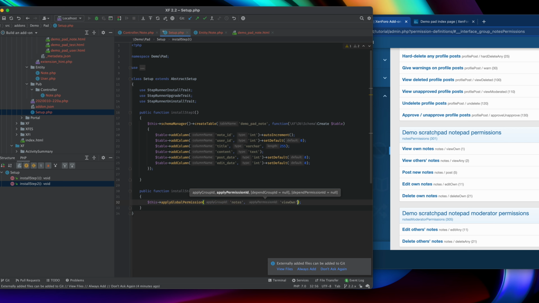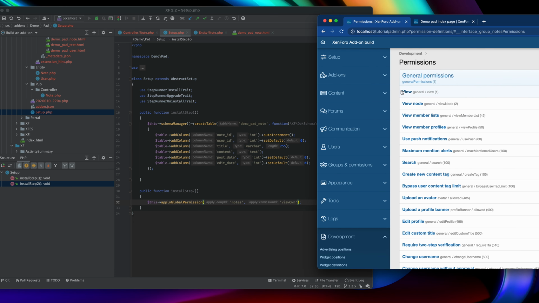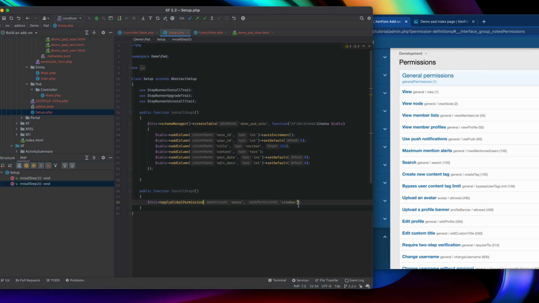And then let's have it depend upon the user group that we're targeting having some other permission. I think a reasonable permission to base this off would be the ability to view the forum at all. So let's scroll up to the top and we can see that that is general view. So let's add that. We are looking for, just to remind ourselves, first of all, the group we depend on and then the permission ID.